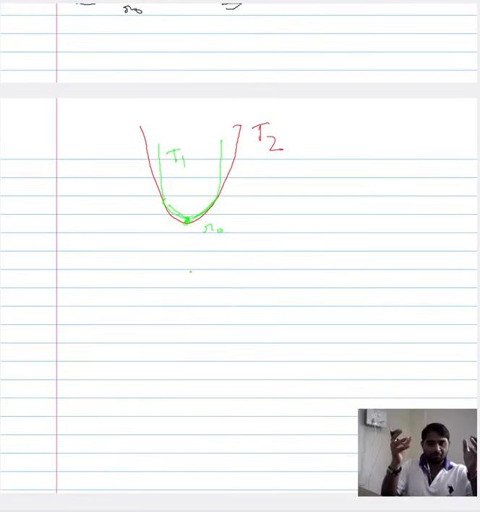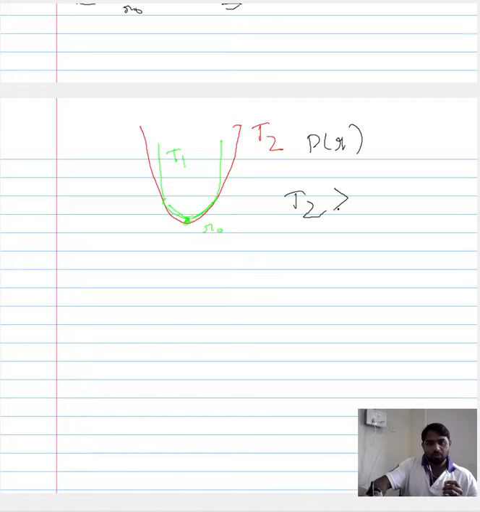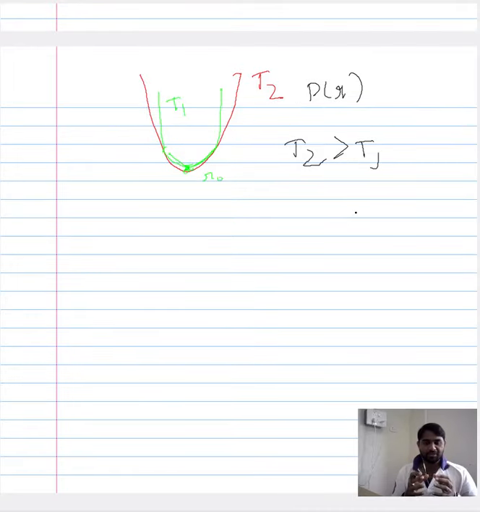So I have approximated my interaction potential energy curve for two different temperatures, T1 and T2, where T2 is greater than T1. The reason for this approximation will become clear in the subsequent discussion, but here I want you to know that since our focus was just on the vibration of atoms at T1 and T2, it allowed us to approximate the rest of the potential energy curve and confine ourselves to the region of vibration.